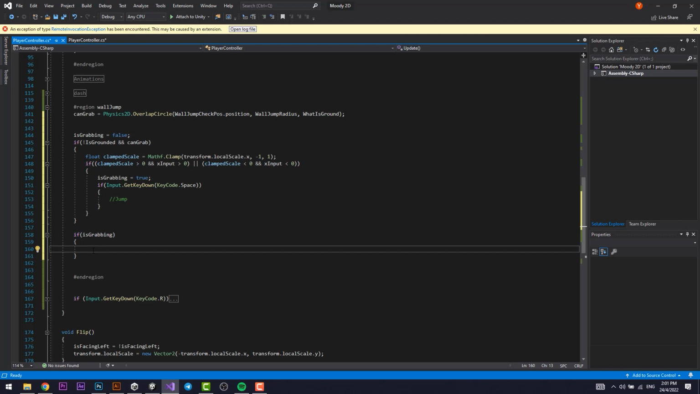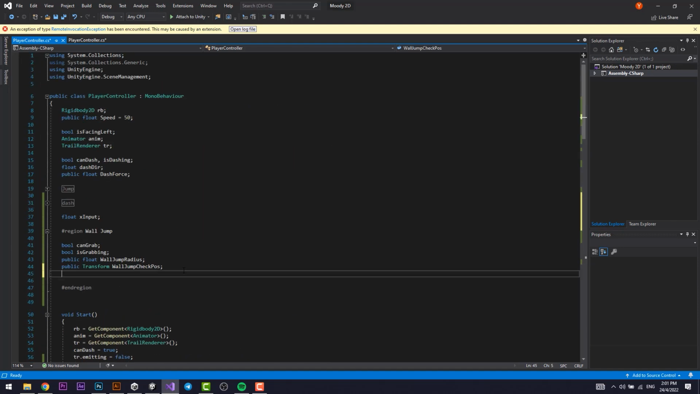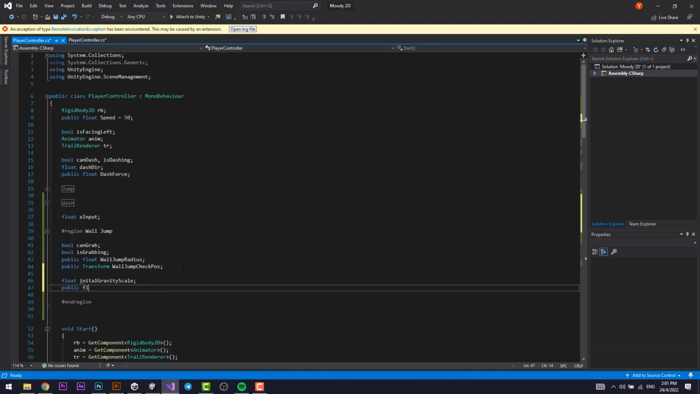So what we actually want to happen is whenever we're grabbing, we want to slowly fall down. So we don't want to fall down normally. So we actually have a window of time before we fall down. So I actually have a window of time to jump before we fall down completely. So what I'm going to do is I'm going to create two floats right here. I'm going to create a float, call it initial gravity scale, another public float,